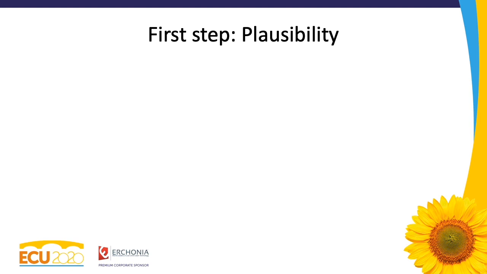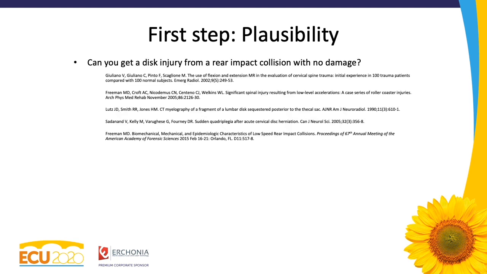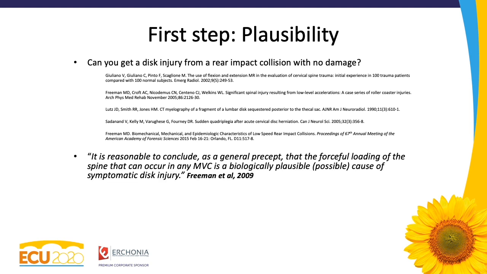So if we're following the Etherton steps, the three-step causation process, the first step would be, can you get this kind of an injury from this kind of a crash? And the answer is yes. That is well established within the literature, and here are some studies that I'm referring to, but it is also consistent with the personal experience of clinicians. I think that probably everybody who's listening to this talk would say, yeah, of course people can get disc injuries even from a crash without a lot of damage. We concluded in the paper that's cited as the underlying paper for the Etherton decision that